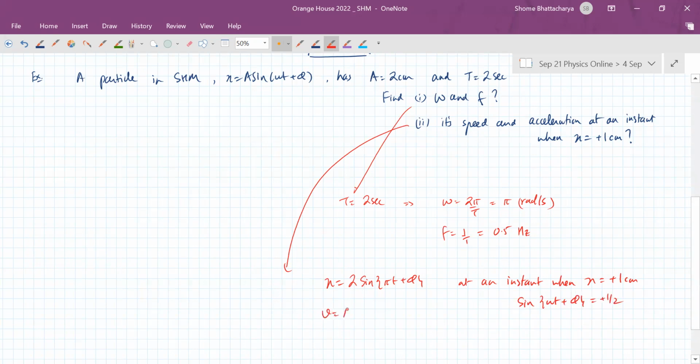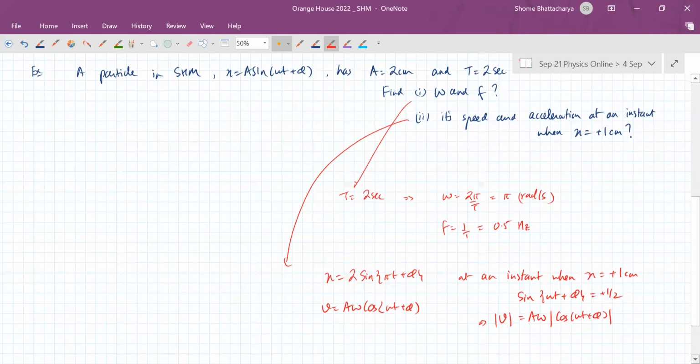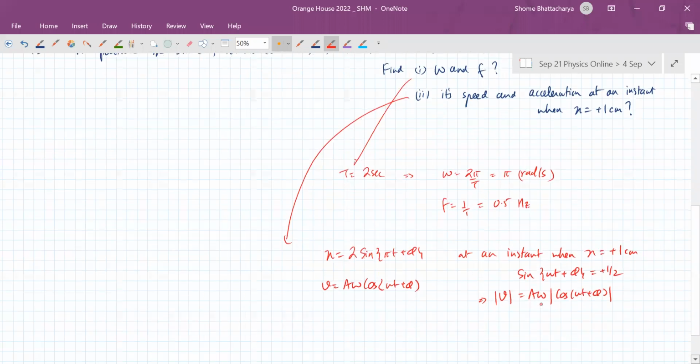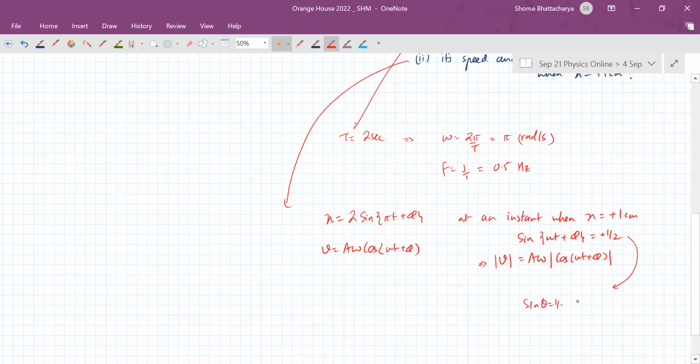So v is A omega cos(omega t plus phi). So the speed must be A omega into mod of cos(omega t plus phi). Now you can see from here that if sine theta is half, it means cos theta